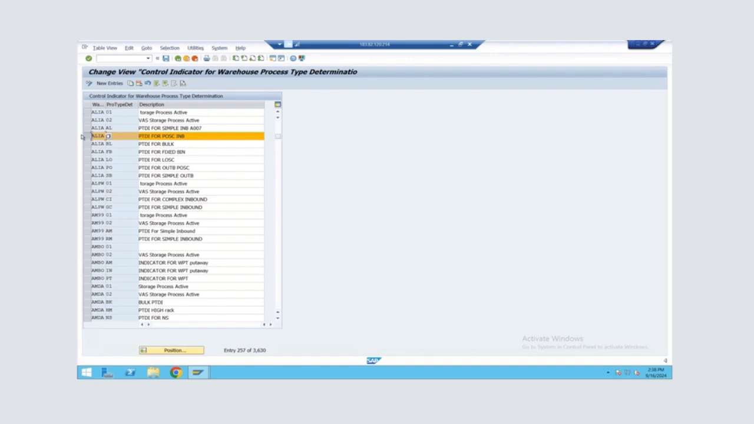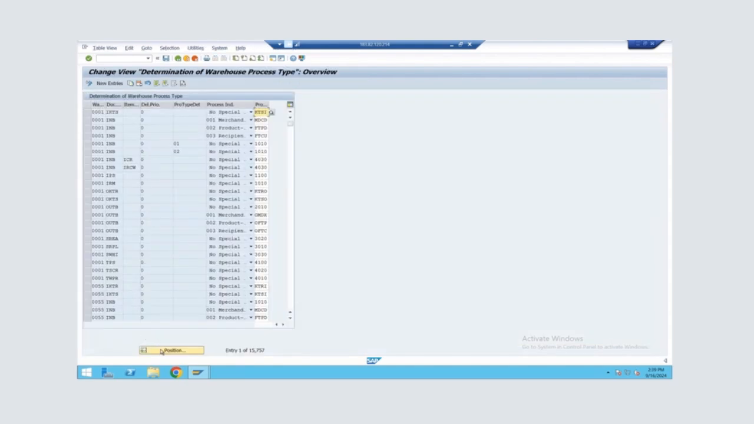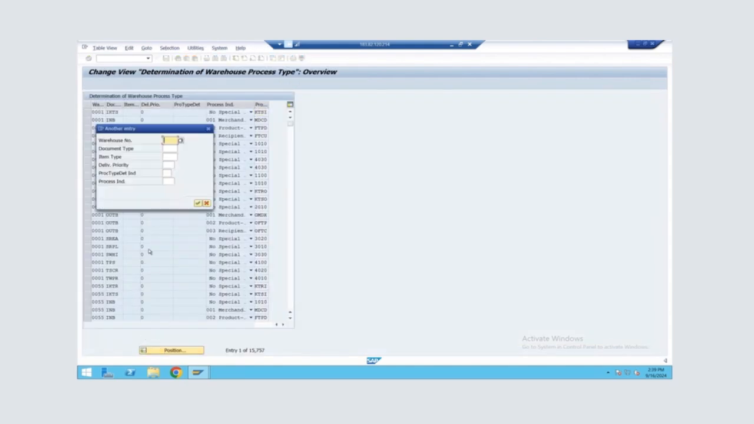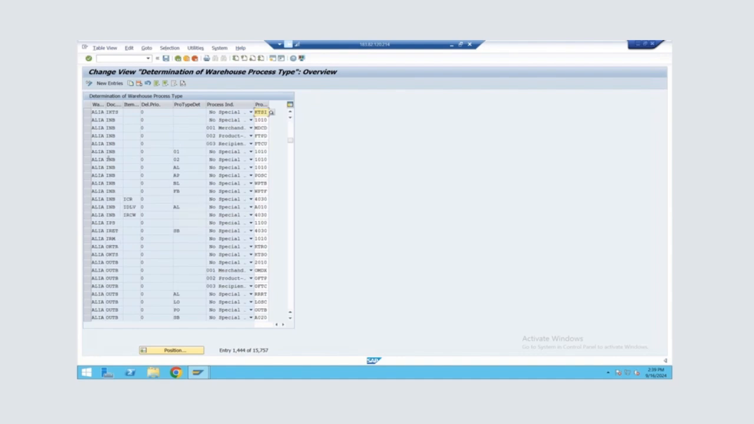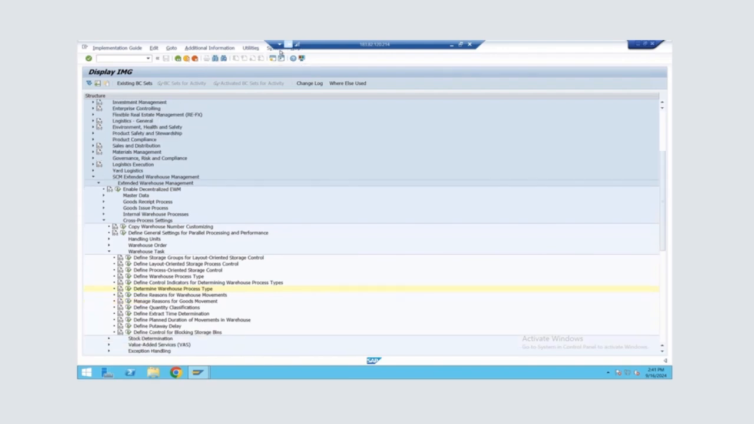And after this, we have to define the WPT. So let's go to determine the WPT and enter the new entries and enter the warehouse number and document type and item type and PTDI and the WPT, so that determining the WPT is done here. So after doing this, we have to actually determine the put away strategy, like define the put away strategies for